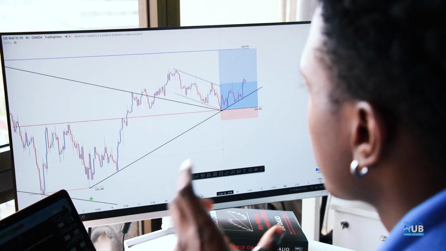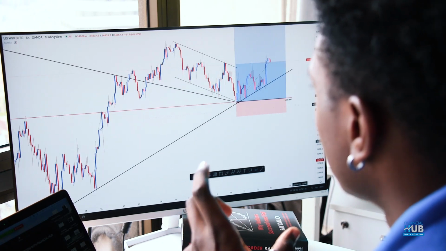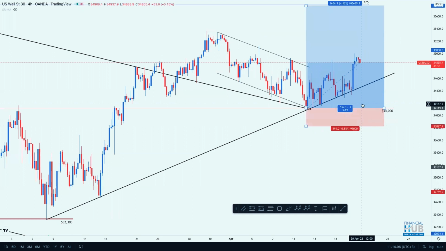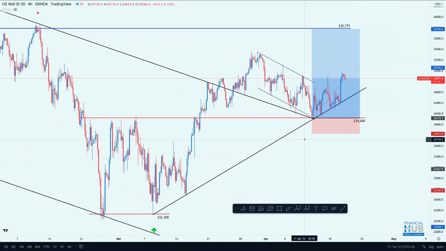So this was a very good confluence at this level. You can see everything was intersecting at this point. So a very good touch and the market has been moving higher. A good risk reward of about 1:5, 1:6. This is a shorter time frame or shorter term trade, and I'm just targeting the 35,750 around there, give or take. So that's what I'm expecting on this one.